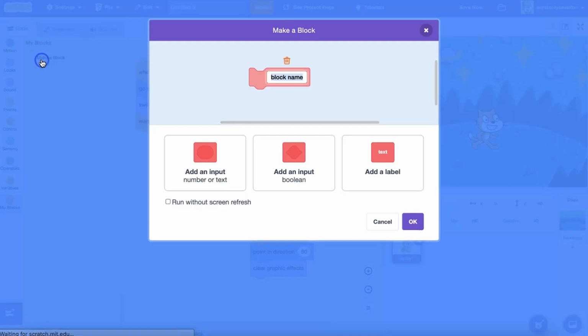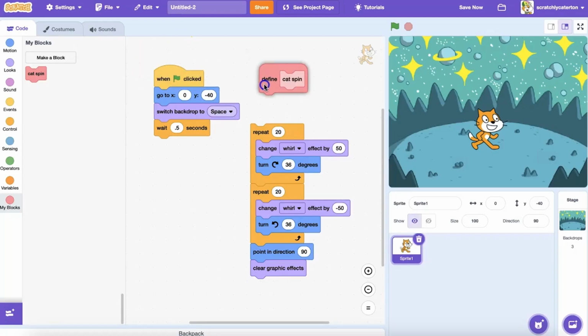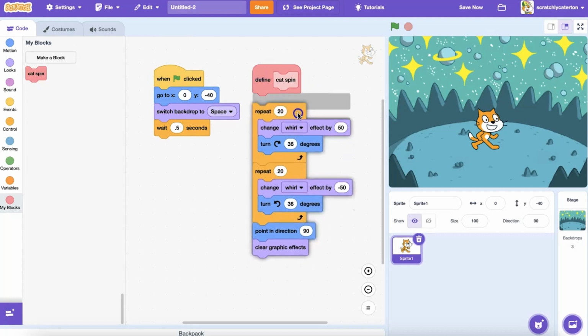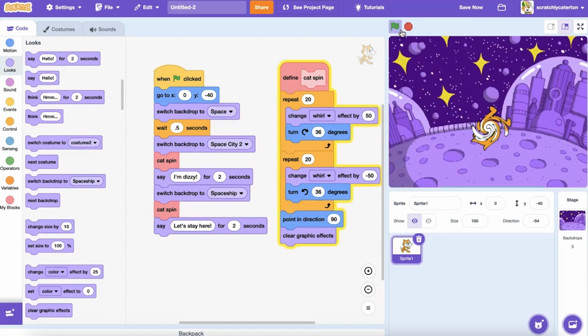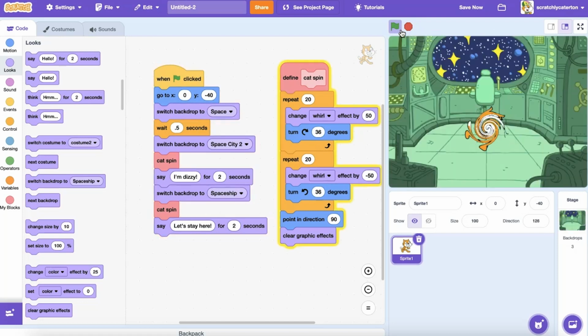In a previous video, we explored the concept of procedures and created our own custom MyBlock. Now let's explore the difference between creating a MyBlock custom block and using a broadcast block. Both can store sequences of code as separate procedures, but one may be better to use in a certain context than another. We'll also explore some additional tips and tricks for using MyBlocks successfully, and we'll discuss that option to